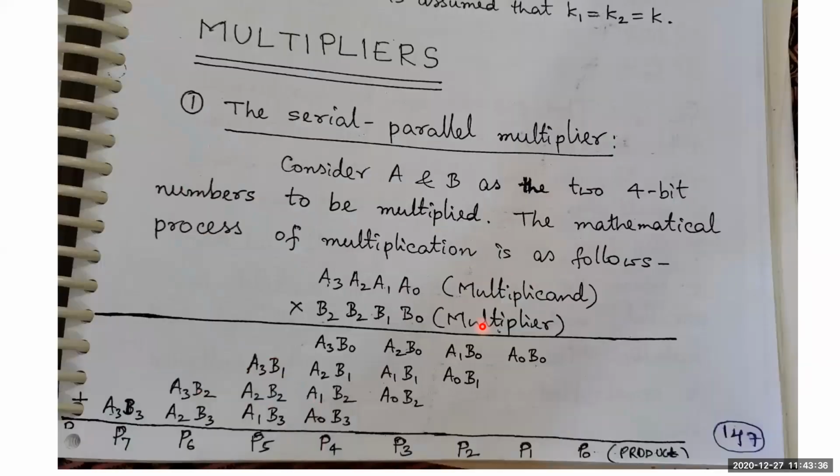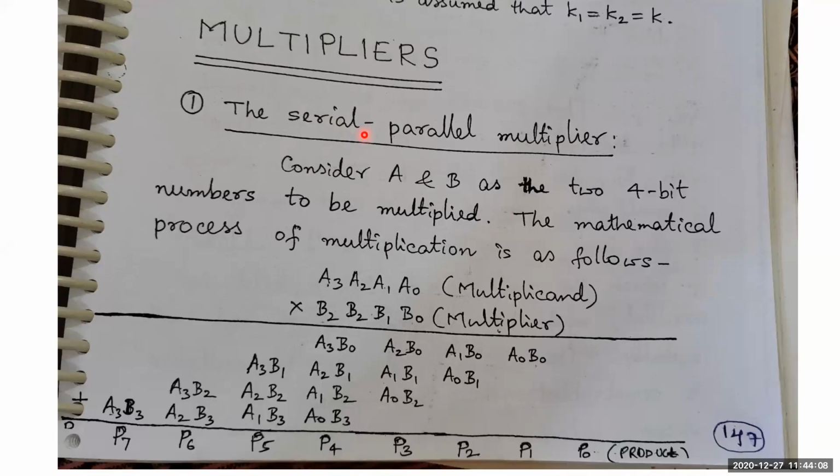Now let us see the same kind of multiplier for 4-bit numbers. Two 4-bit numbers are multiplied here. The first one is called the multiplicand and the second one is called the multiplier. Let A and B be the two 4-bit numbers, where this entire operation happens as a serial parallel multiplier. It is the same thing we explained in the previous slide, which was only for 2-bit numbers. Now we are explaining it with respect to 4-bit numbers.